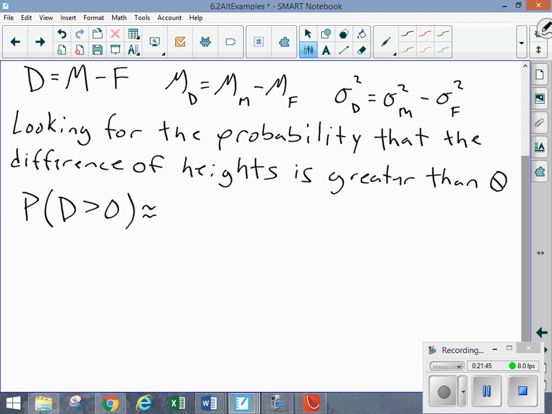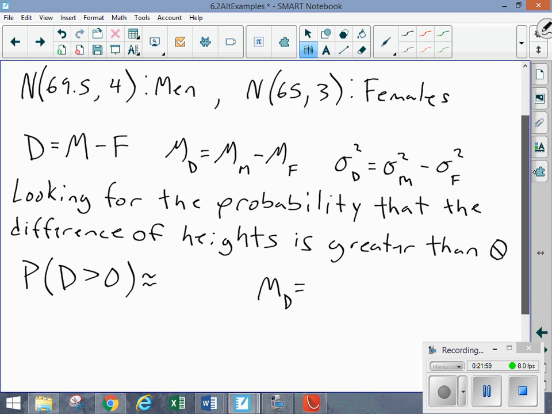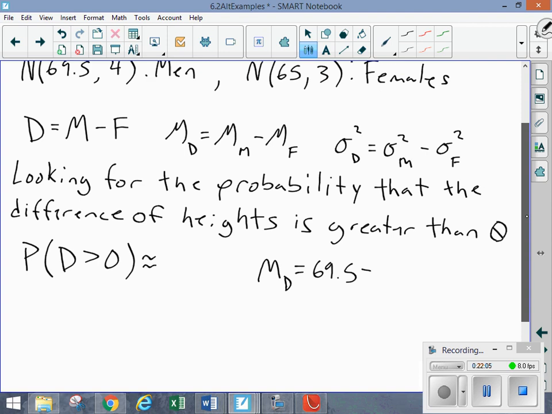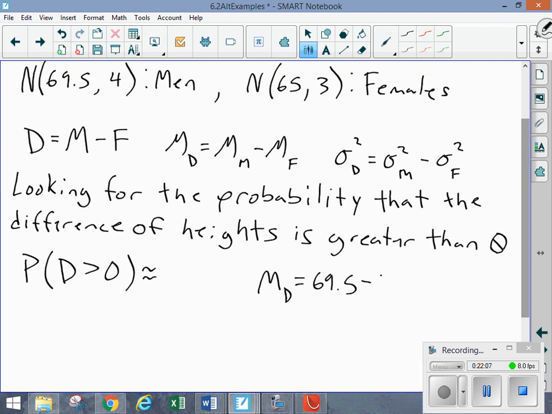All right. So now we have to go back down and calculate the mean of our random variable D, which is going to be 69.5 minus 65, which is